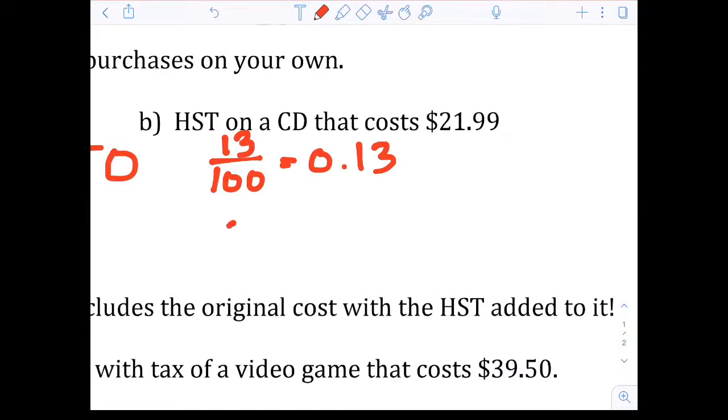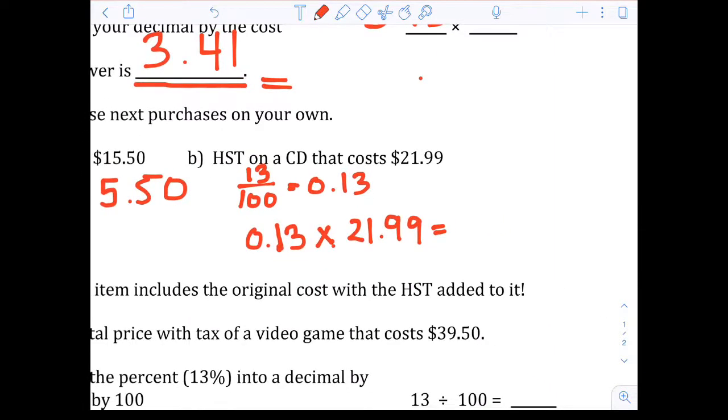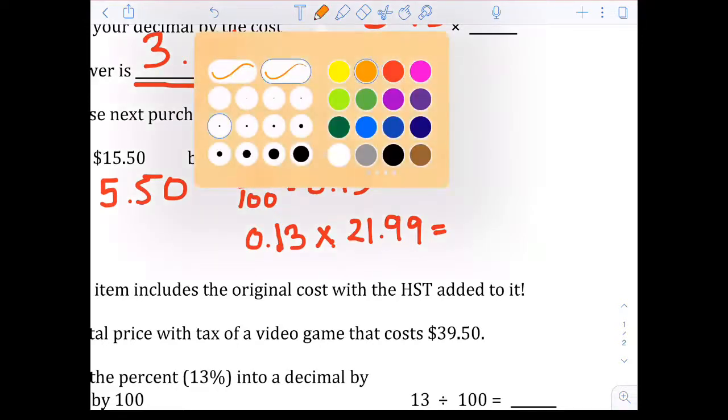And I'm going to take 0.13 and multiply it by $21.99. And we'll see what the output in our calculator is. Maybe we'll have to round it, maybe not. 0.13 multiplied by $21.99. That gives me this number here,